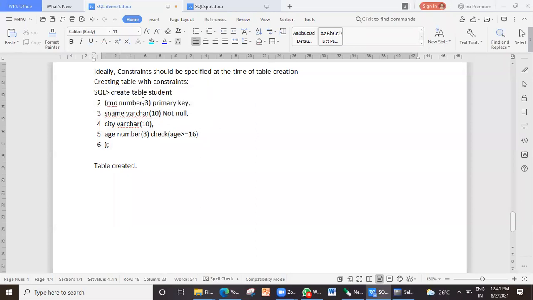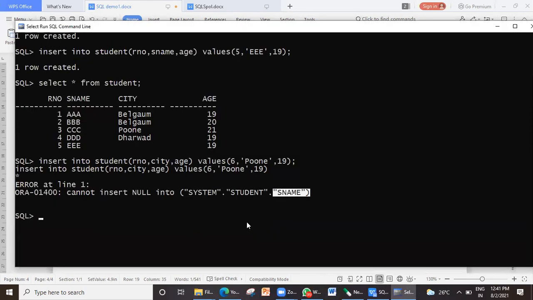So I've demonstrated how primary key will work, and I've also demonstrated how not null will work. Clear? Now let me demonstrate how the check constraint is going to work. For the next record, let me insert the age of a student as less than 16. Here, for this record, I will take my normal syntax now.